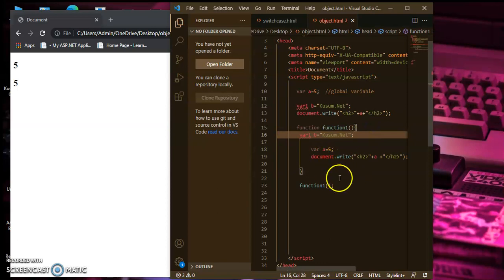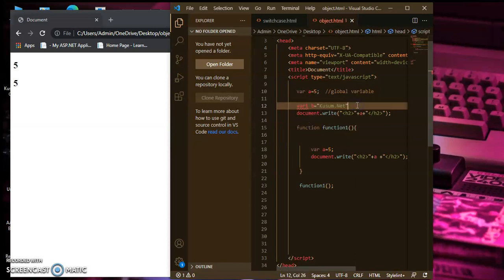But this works only in the browser's unrestricted mode. Sometimes it is in restricted mode, then it will not work. So it depends on the browser's mode. It will print an error if you use it in restricted mode. I won't discuss more about it, but in place of a you can use a1, a2, no problem.